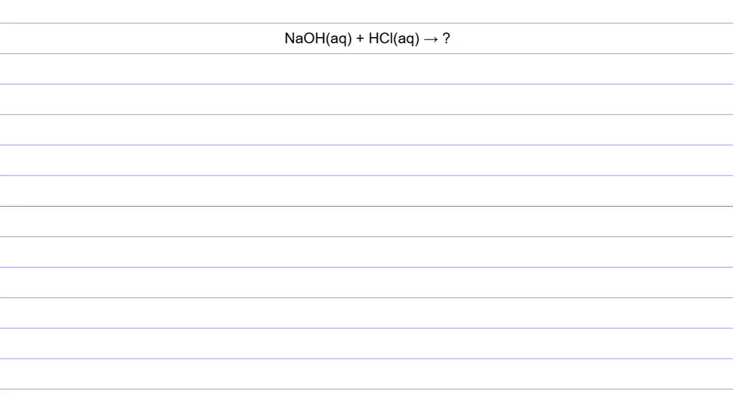Okay, so here we have an acid-base neutralization reaction. We have sodium hydroxide, which is the group 1 hydroxide. It is a strong electrolyte, strong base. And we have HCl, which is shown in its aqueous form because it is a strong electrolyte. It's a strong acid. So, first thing we have to do is write our complete molecular equation. So we have sodium hydroxide in its aqueous form plus HCl in the aqueous form,